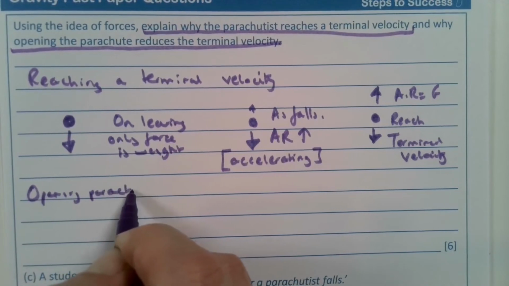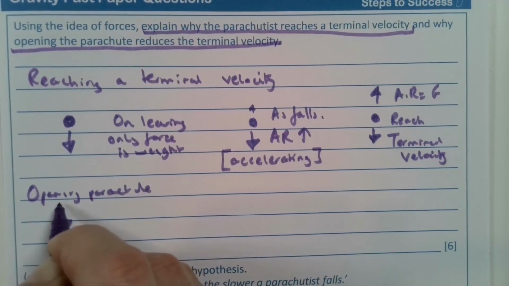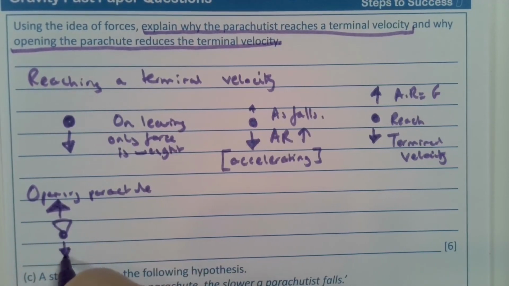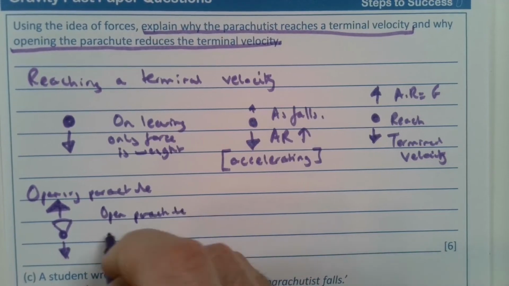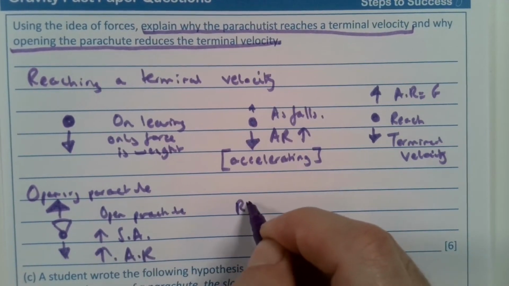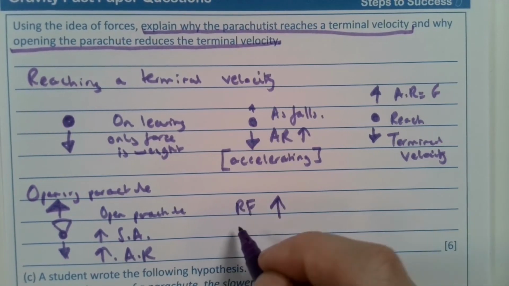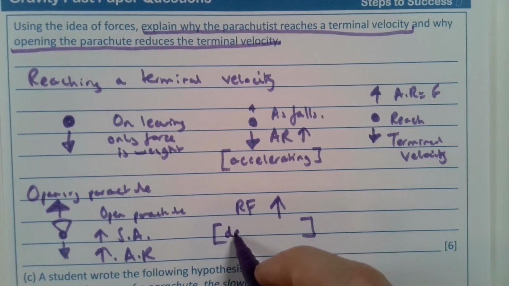reduce the terminal velocity? So when they open the parachute, the air resistance massively increases due to the large surface area. So opening the parachute increases the surface area, which increases the air resistance. Therefore, the resultant force is going to act upwards. And this will slow down or decelerate